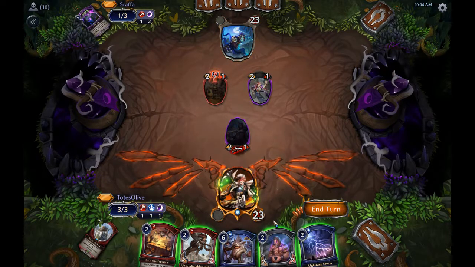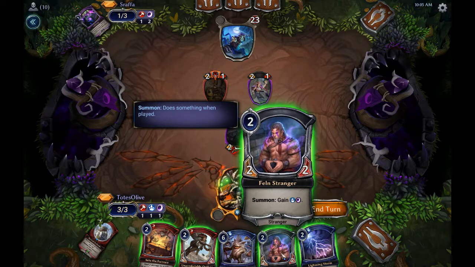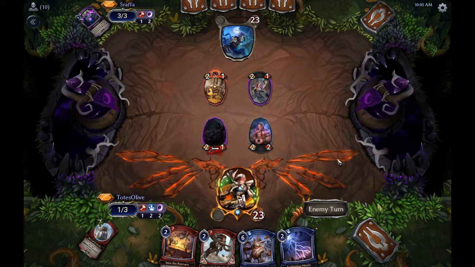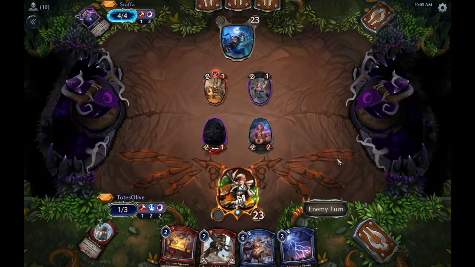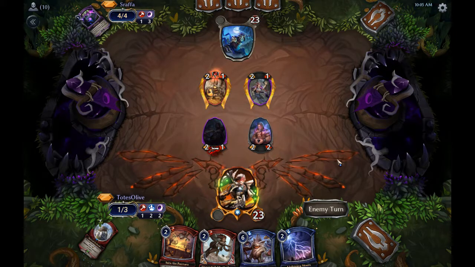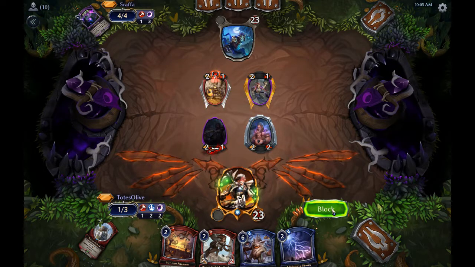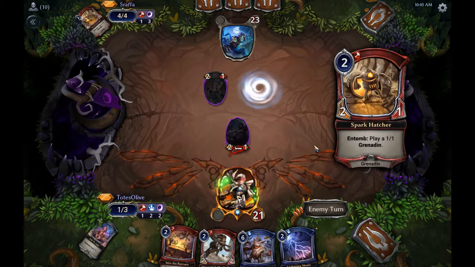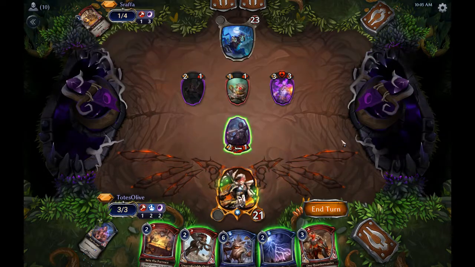Swing with this guy, and then we're going to go ahead and play out the Felm Stranger and see what happens. He also saw the scouting party and didn't take it, so that's really interesting to me. I think we go ahead and block the Grenadin just so we can get rid of half of it. So we'll trade our Felm Stranger for half of his Grenadin because we do have the Lightning Storm. So, ooh, we may end up...